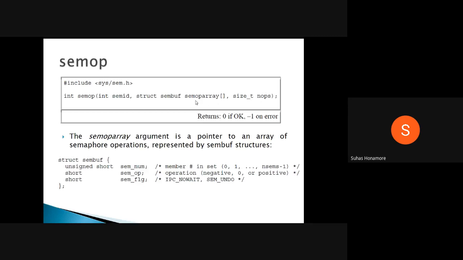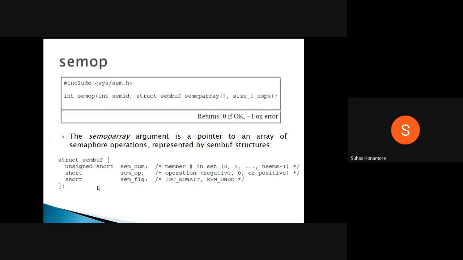Okay, so what all these things contain is this is the buffer, there is an operation whatever you are saying. So here the semaphore value, whatever we want, that will be there. Okay, then this is the operation. So here we have 3 kinds of operation. Okay, so whenever this sem_op value is 0, positive or negative, depending on that we have 3 kinds of operation.